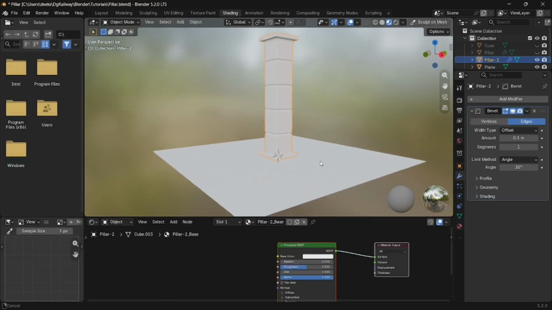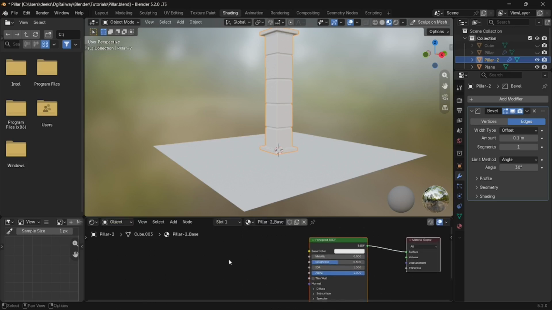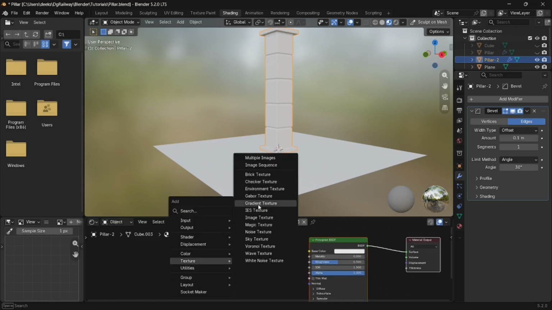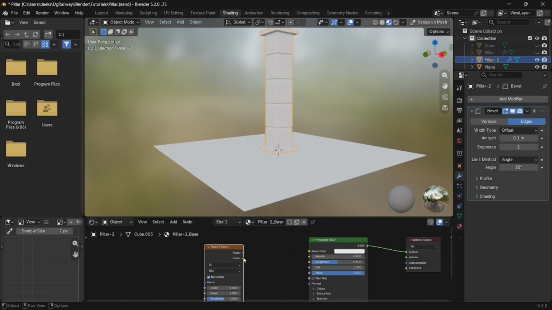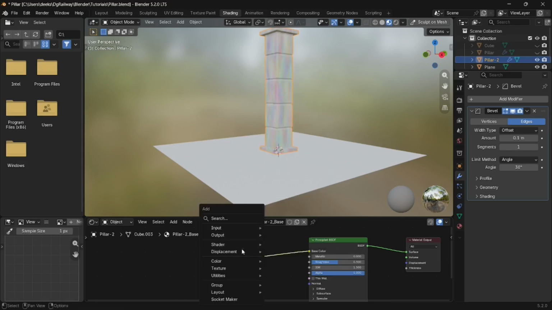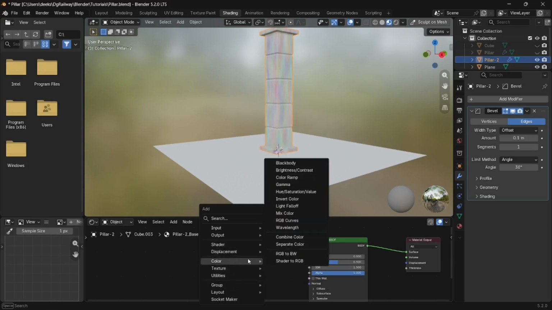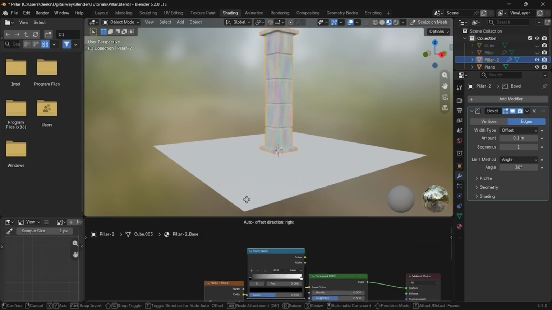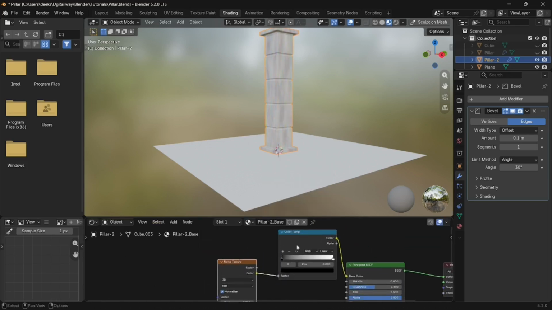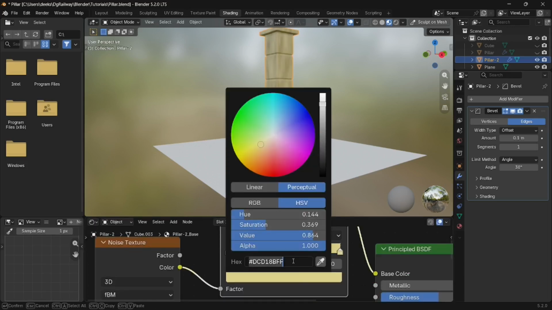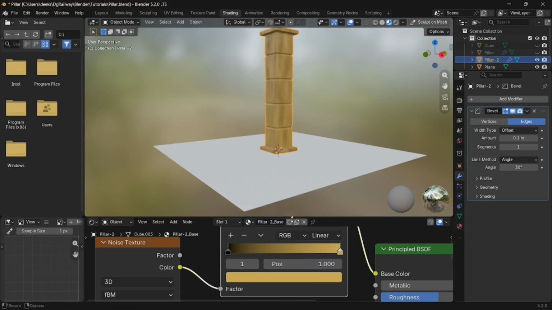Okay, now we will add some materials. I have added a material which is principled BSDF. Then add noise texture. Follow along with this video if you can, and add some noise texture. After that, add color ramp, which you can find in the color option. This is Blender 5.2 version, which is LTS version, but this principle will remain same in any version of Blender. Adjust the color, or I have copied hex values, so I will paste into it, and you can give any color you want.